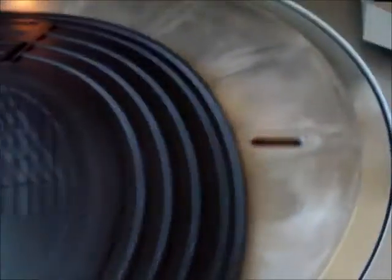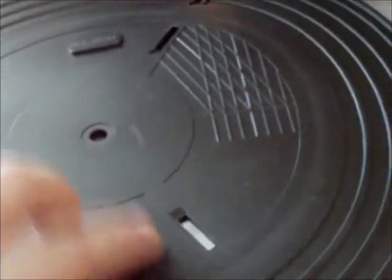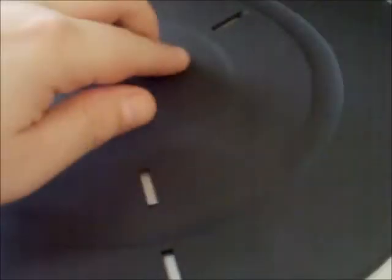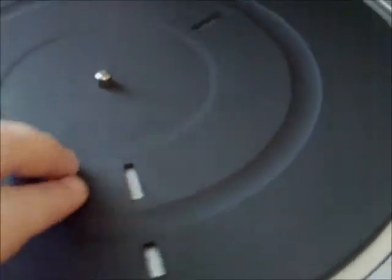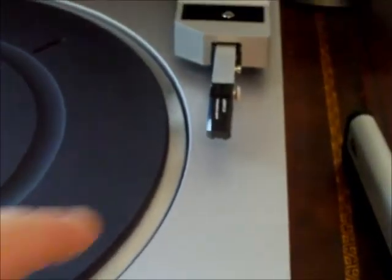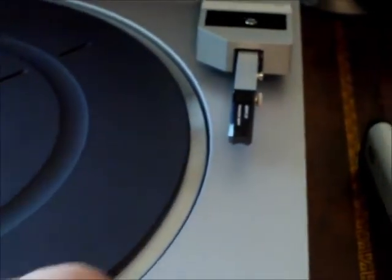When you put the rubber mat on, you have to get these little slots here aligned properly with those round holes in the platter, and that determines the position of the rubber mat so it won't slide and you won't cover up these slots, because if you cover up these slots, it's always going to think there's an LP on the turntable, which there isn't, and it will drop the stylus. Now, Sony anticipated this by putting a very nice, shiny, smooth outer edge on the platter here,